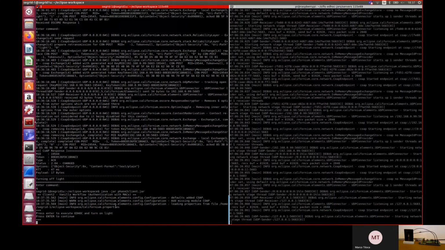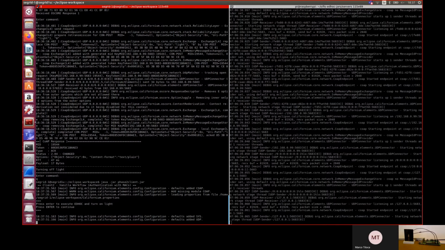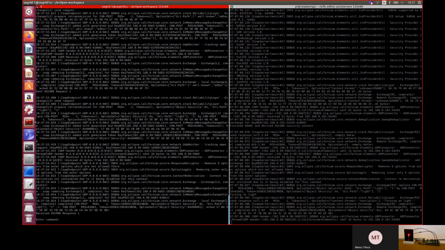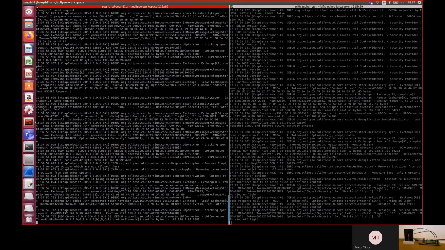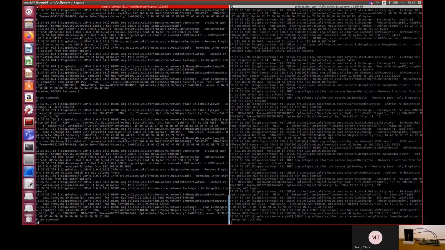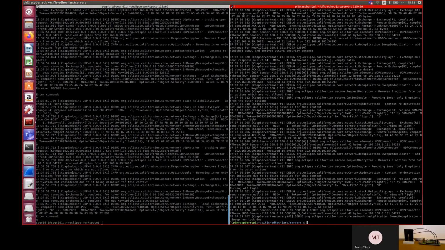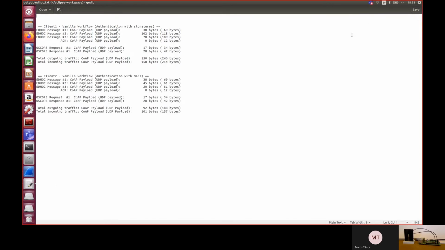I press enter to now start the client, run EDHOC and send the OSCORE request. And again, as expected, the LED turns on. I will send the zero command to turn off the LED, and then I will quit the client, and also quit the server. So now if we have a look at the file again, and I reload it,